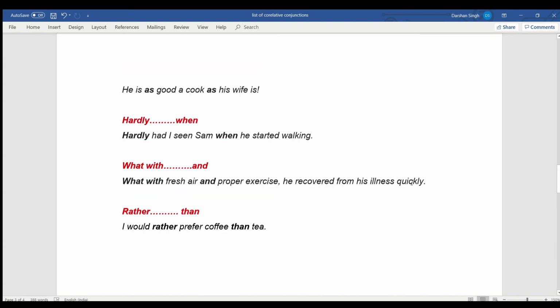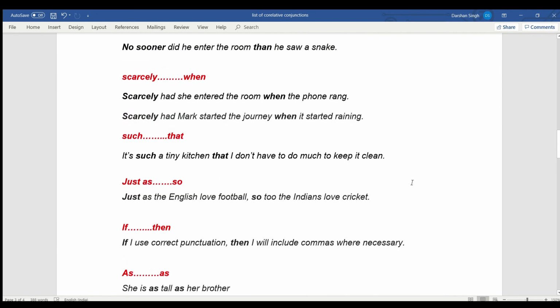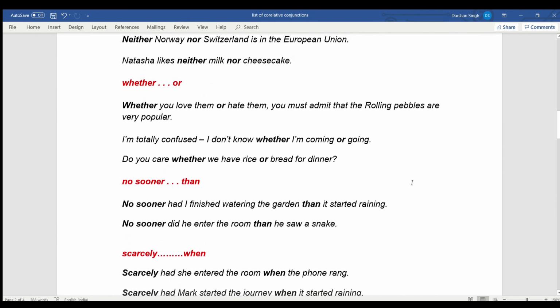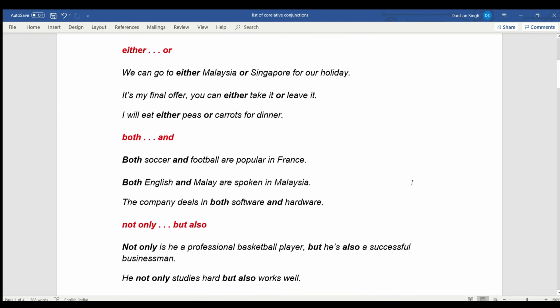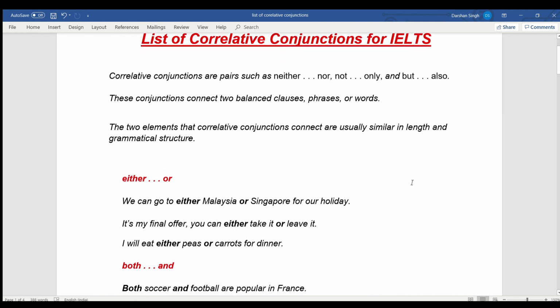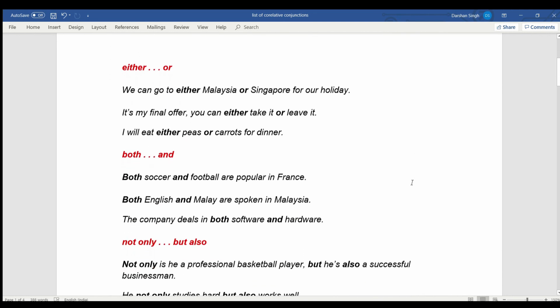So guys, these conjunctions can be very useful when you are making complex sentences for your IELTS exam, in your writing test and your speaking module. But it's also of great importance that you practice these sentences every day until you give the IELTS exam. Write them again and again, make sentences. Only then will you inculcate them into your mind. And when you are in your exam, these words will start coming up.